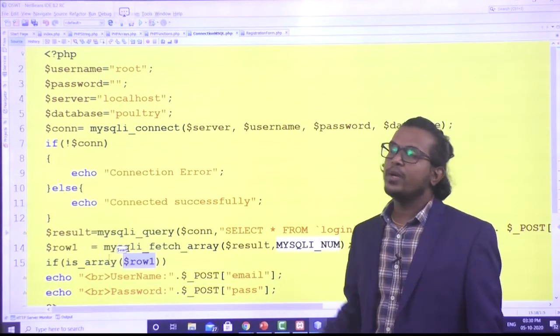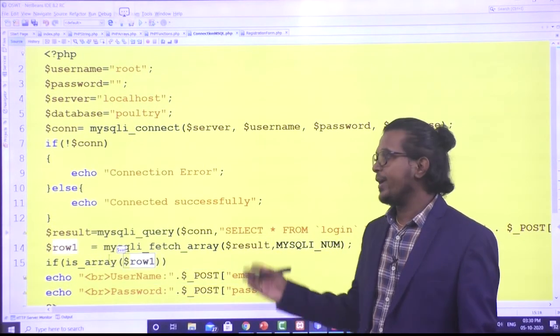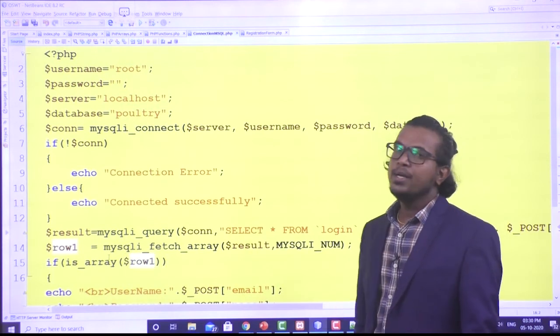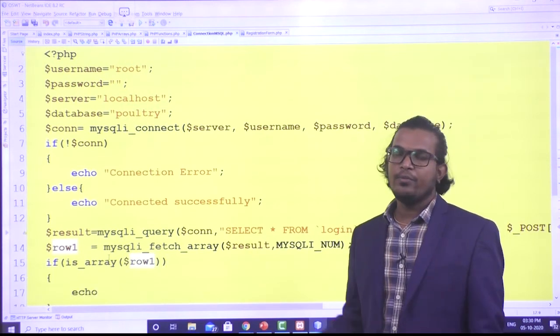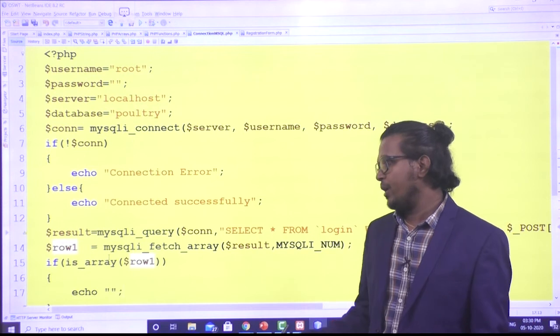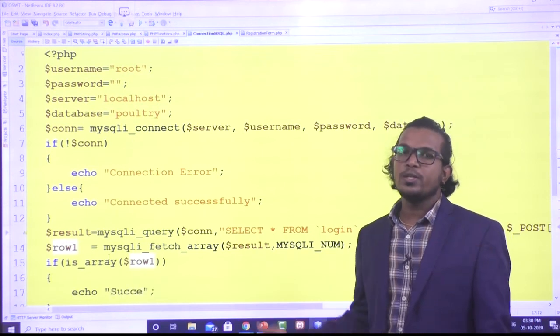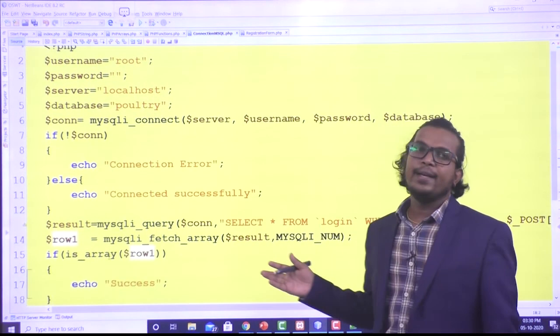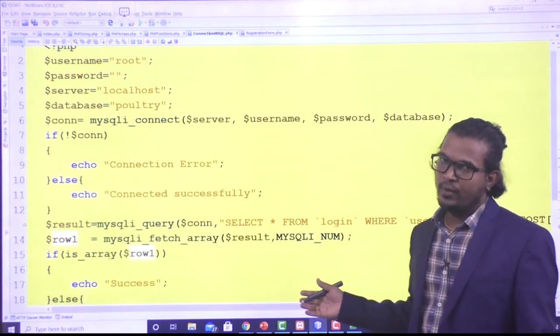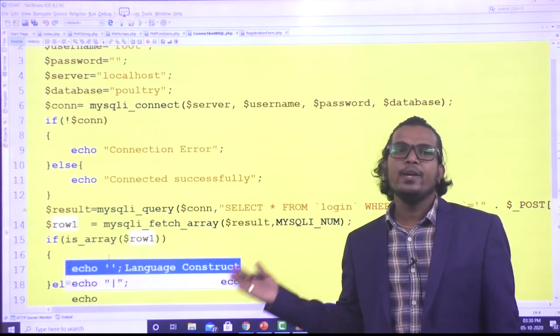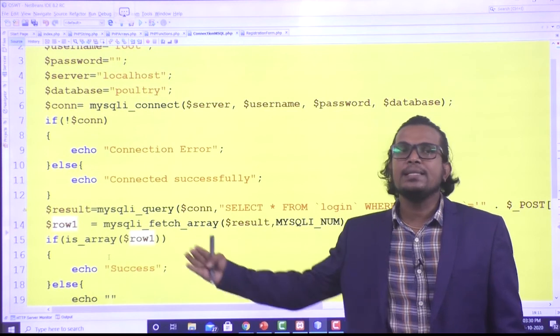After that, you write your condition for verifying the number of rows. If there are no rows, you simply print that the entered username and password is invalid. If there is any row, the login is successful.